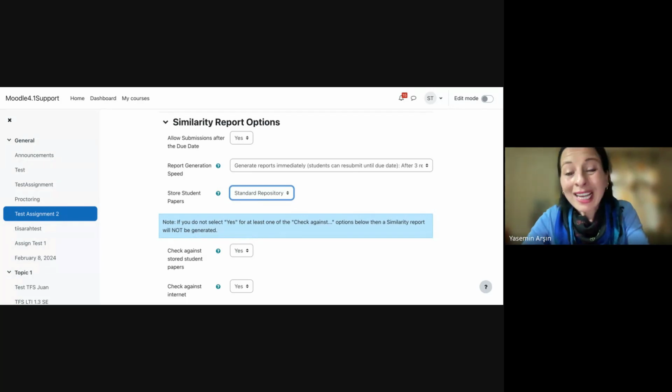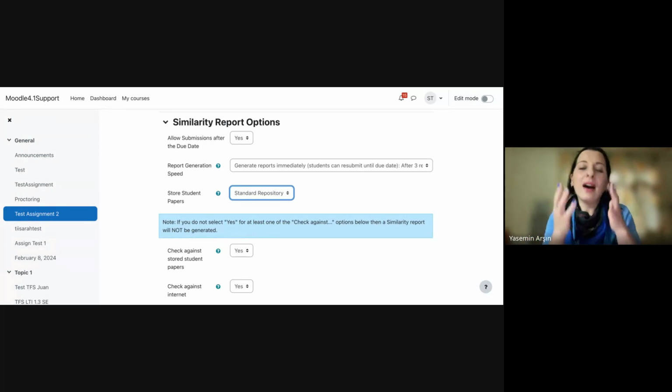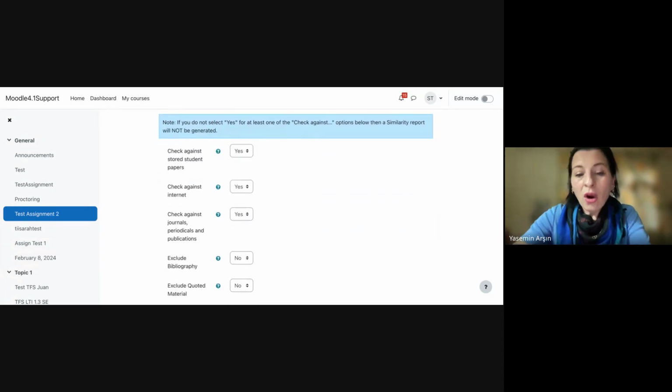All right, so there are pros and cons of both of the options. So it really depends on what kind of content the file has and what is your purpose when you create this assignment.